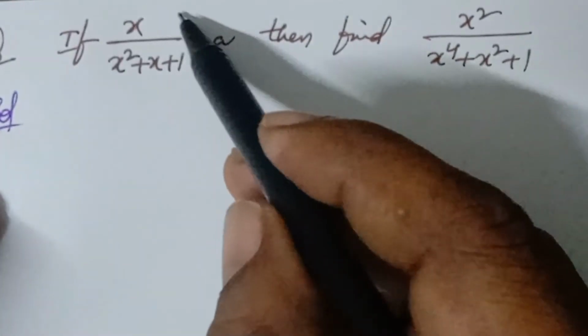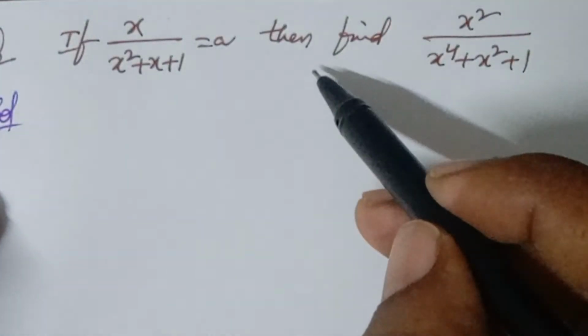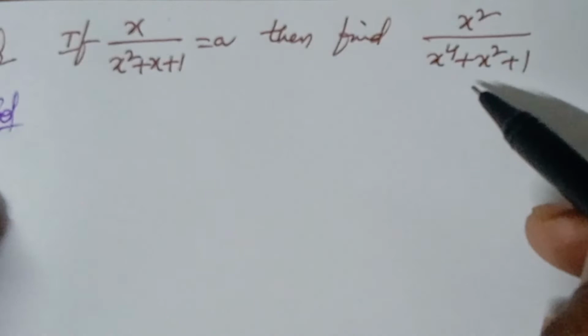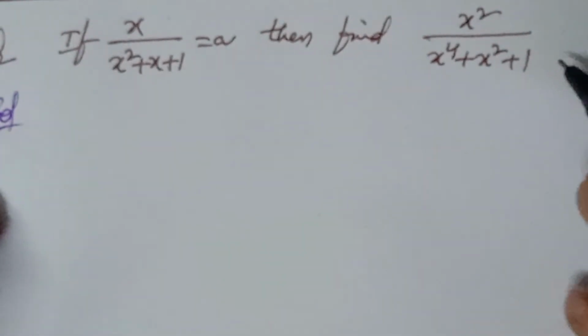The question is given: if x by x square plus x plus 1 equals a, then find x square by x power 4 plus x square plus 1 value. So here,